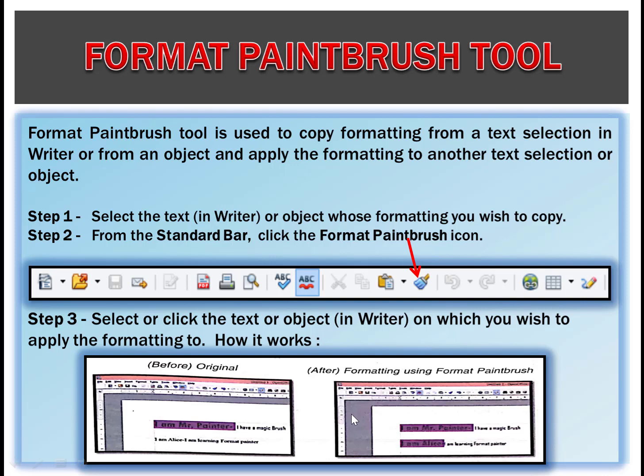It means if we have made any change in the color and size of the font and underline or put some effects also, then if we click on this button, the format paintbrush button, it will copy all the formatting changes. And when we click with the same brush on other text, the same changes will appear here: the same size, bold, italic, underline, same color, same background color, same font style.